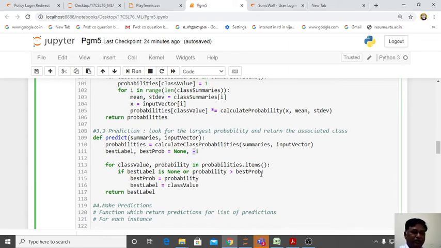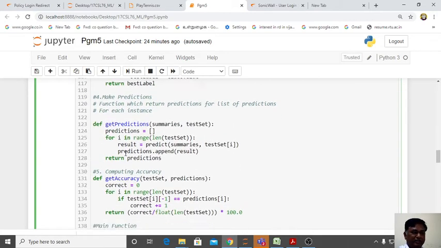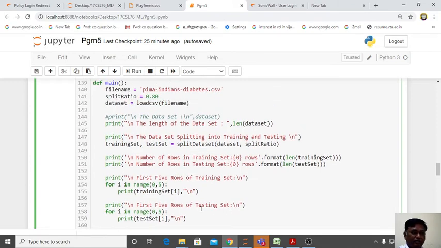In your previous function we have done that. So initially you are taking the first probability that is stored in best probability and best label. Assume that first you are taking 0, the no diabetic probability that is stored in this. Second time when you are calculating probability for yes diabetic, that is more than your 0th probability. So that time this condition will become true. So yes diabetic probability will be assigned as best probability and best label. So that is predicted, that is coming to your main. So here it is coming.